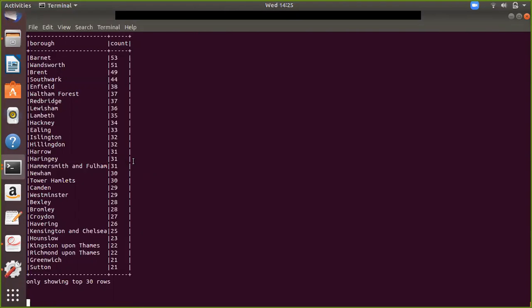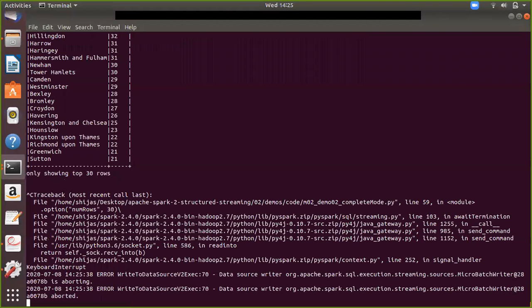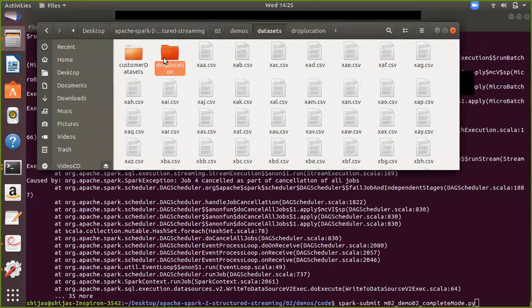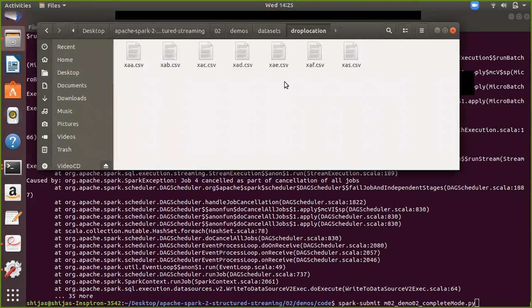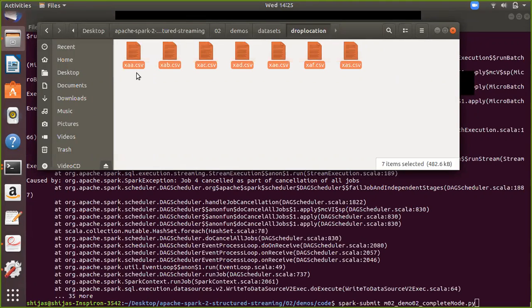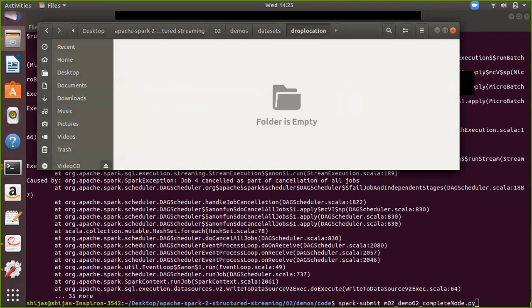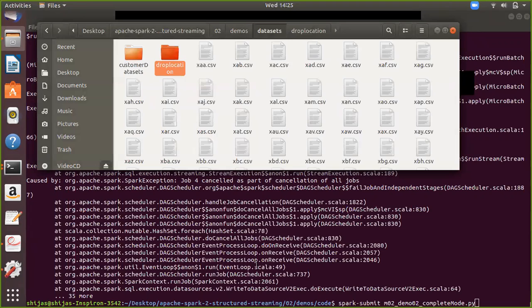We'll start the application once again. It got stuck for some time, so let me go to the data set and clear the data here. I'm starting it again.